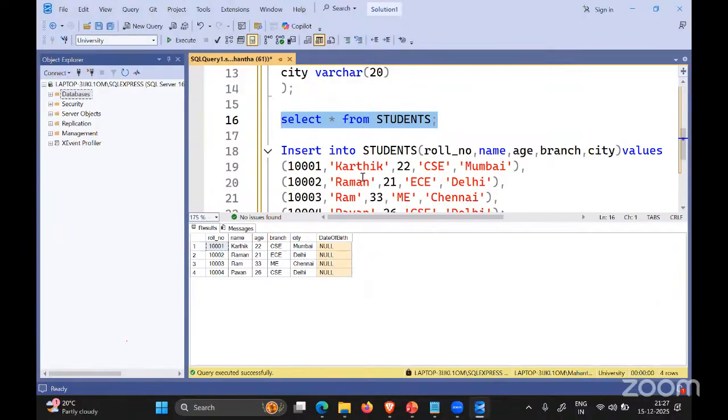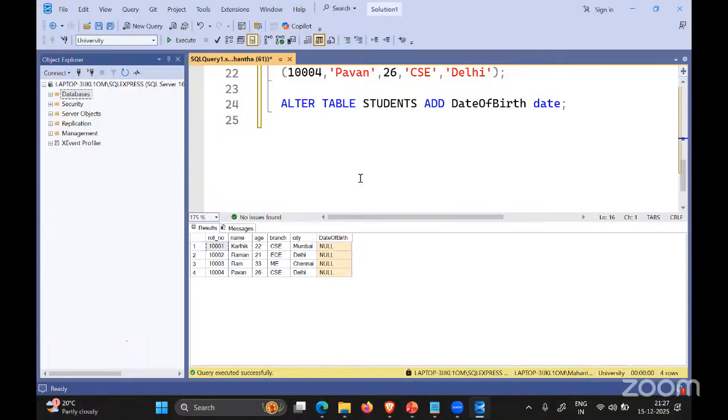Okay. So now you can also delete this. The way you can do it is alter table students drop column.